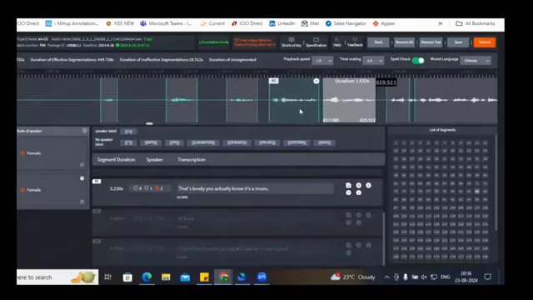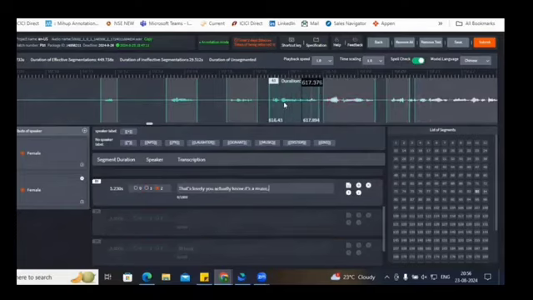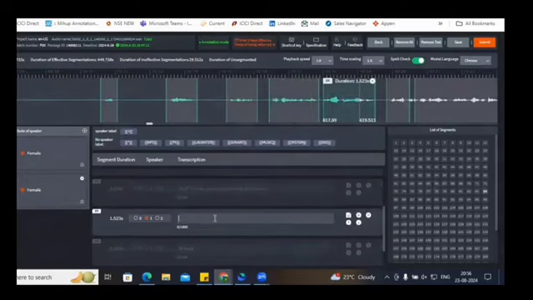Sometimes you may find cases wherein you have to create the segment, and when you have separated the segment, then you have to play this segment and write whatever the speaker has pronounced, and then play the next segment and write whatever the speaker is saying. The 84 number is there.